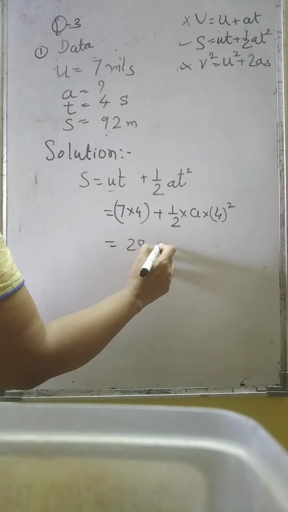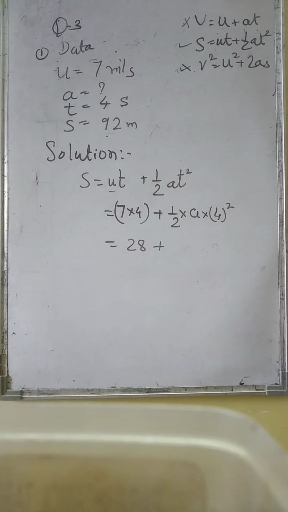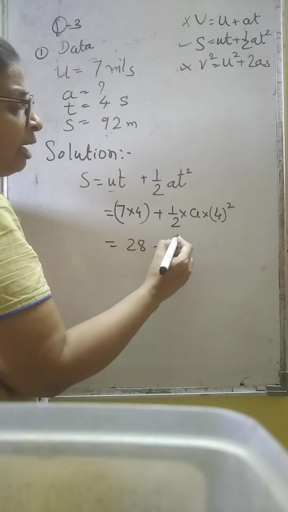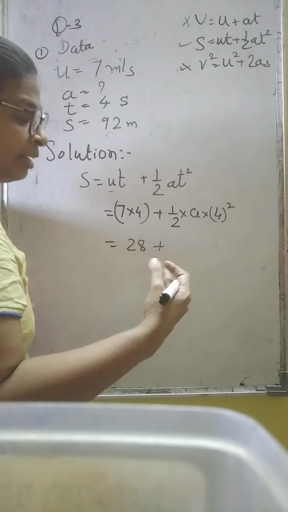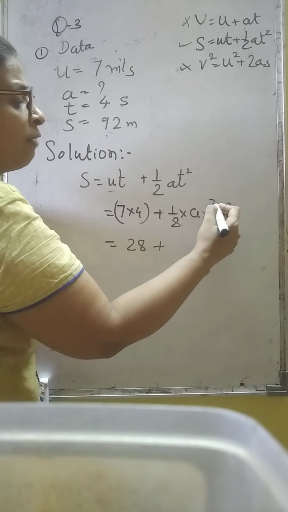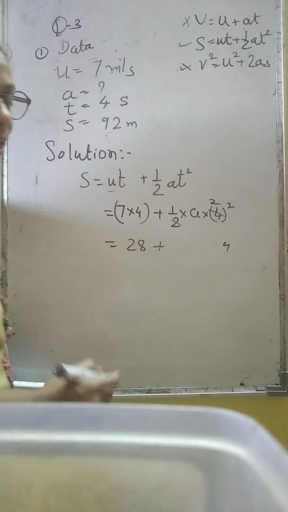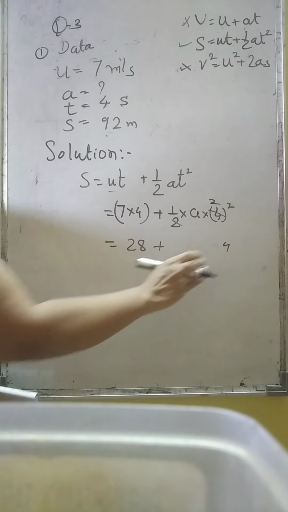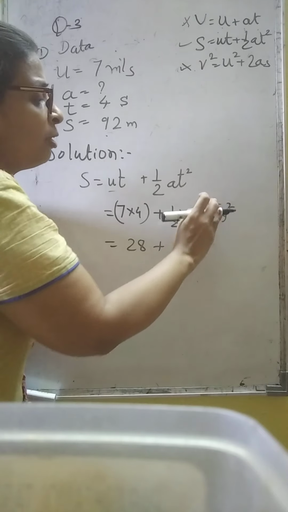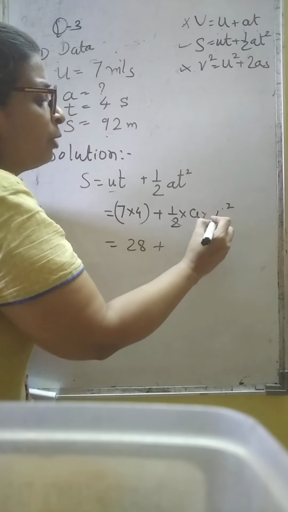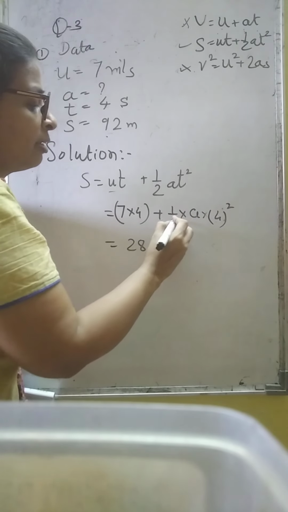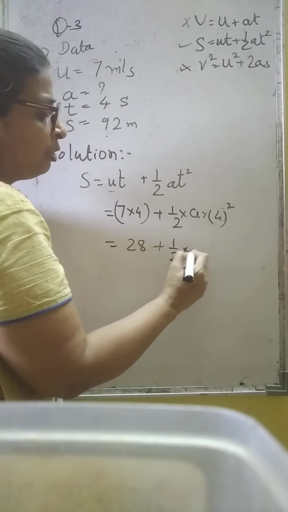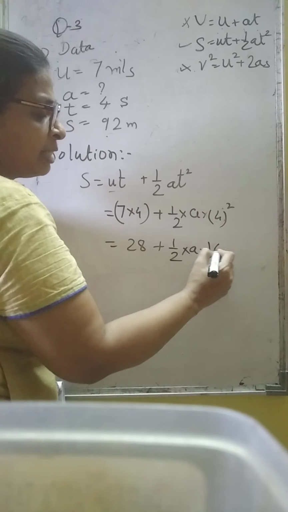That was in the bracket so I did it. Now remember, all of you pay attention. If you are in a hurry, you will cancel 2 2s to get 4 and then write the square of 2 as 4, which is wrong. If you do that, your answer comes out as 4a. Now observe what I said before, the BODMAS rule: you are going to do the squaring. Square comes before all the things, meaning the indices part. So half into a into the square of 4, which is 16.